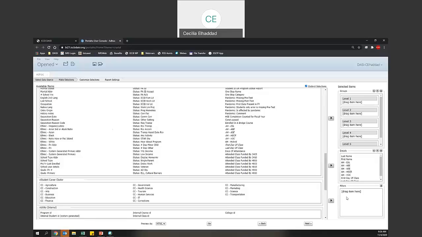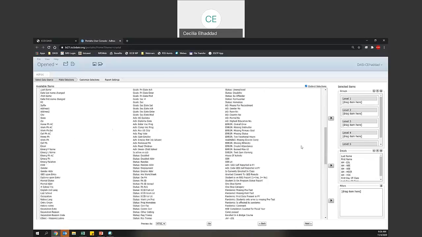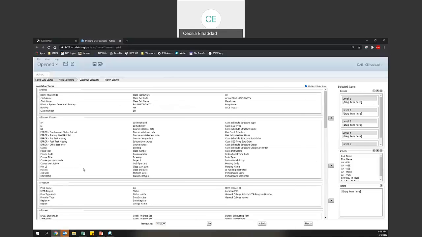And then there are also these other categories that you have here on the side. So the first one is groups. The groups will determine how the results will be organized in your report. So let's say I wanted all of these fields, but I wanted them to be organized by class. In order to do that, I could just add the class number to group 1, and that will create a report that has all of the students in a class and each of the classes